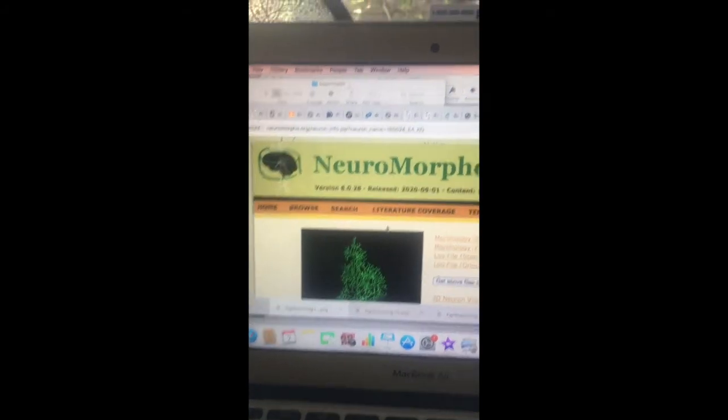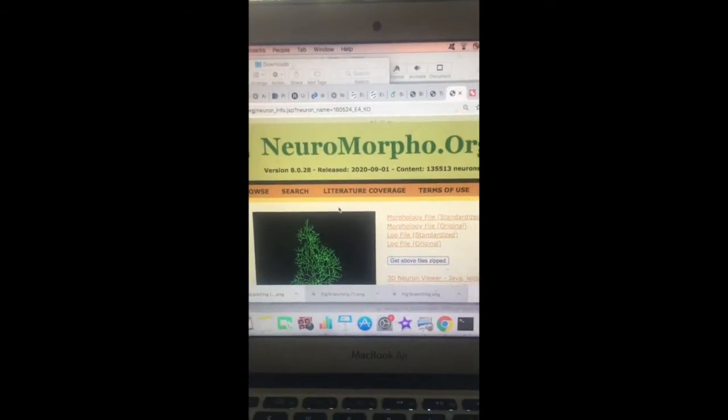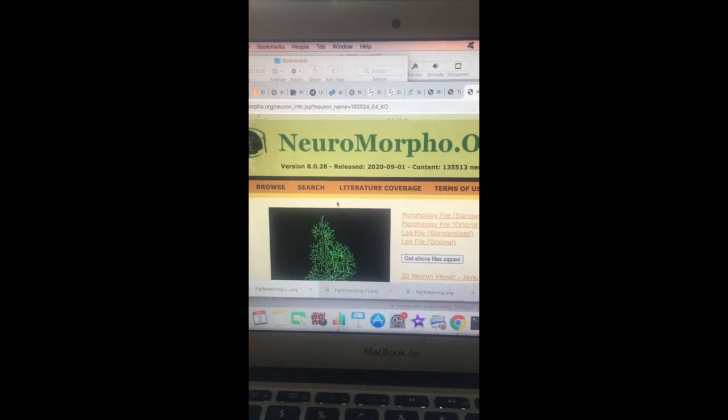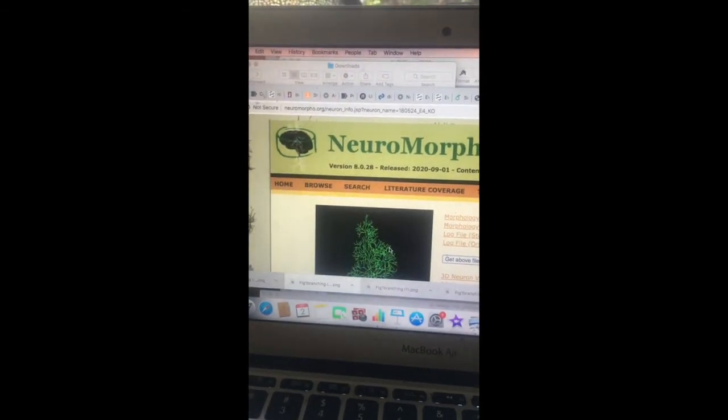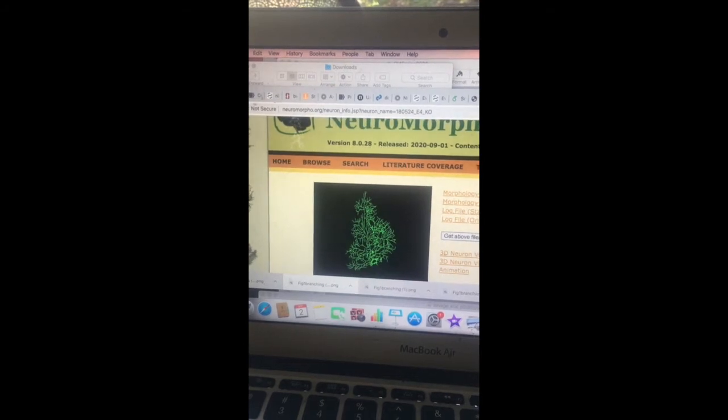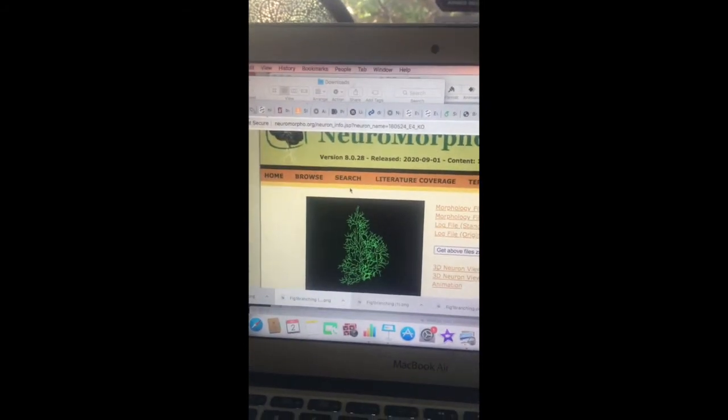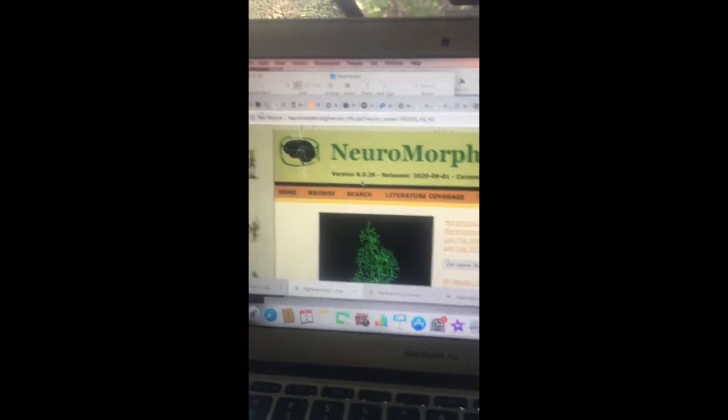So the next thing I have to do is, I want to use these, so this is a database called neuromorpho.org. It's really cool. It has a lot of different species of these reconstructed neurons. Sorry, I just completely blanked out.